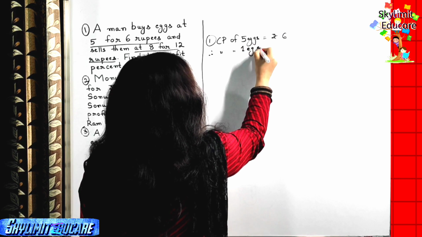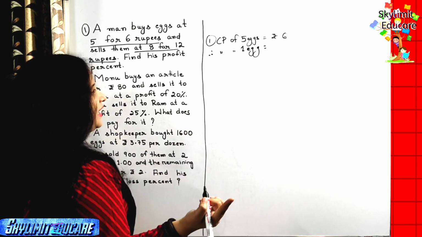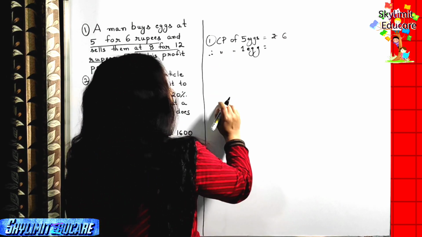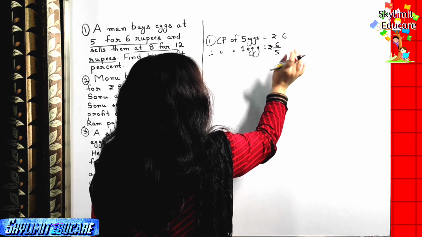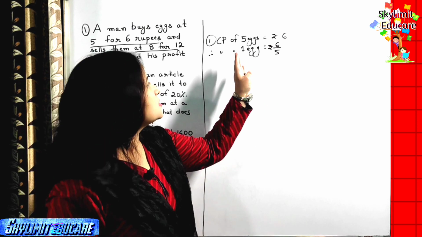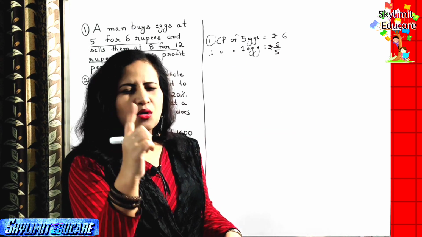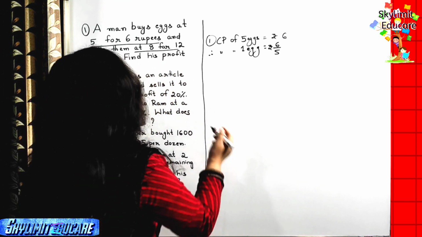As you know, the unitary method, when you are finding out the CP of 1 egg, it will be less than the CP of 5 eggs. So that is 6 by 5 rupees. Don't cancel, don't reduce it, don't convert it to mixed fraction. Let it be like this, right? So the cost of 5 eggs is rupees 6 means the cost of 1 egg is 6 divided by 5. Similarly,